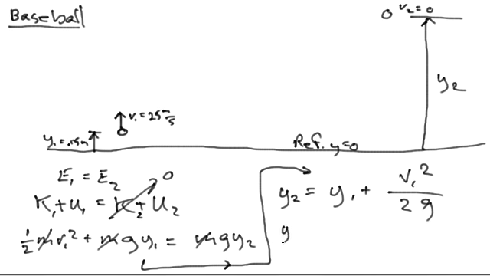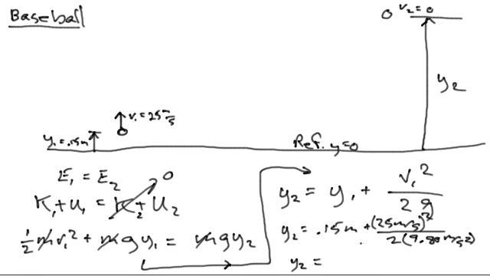So y2 is equal to 0.15 meters plus 25 meters per second quantity squared divided by 2 times 9.80 meters per second squared. Y2, on my trusty calculator, turns out to be